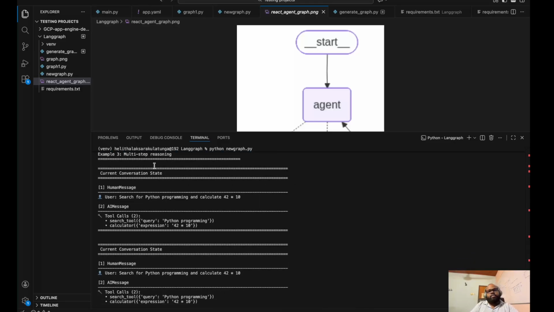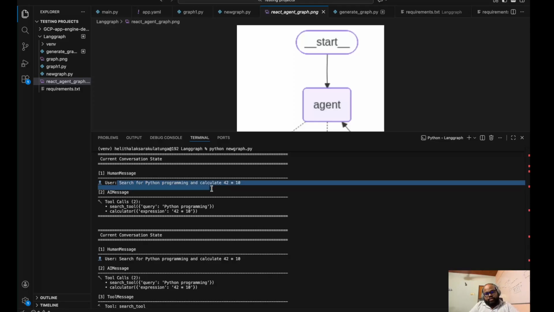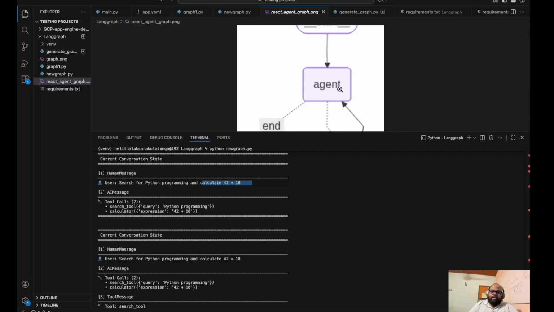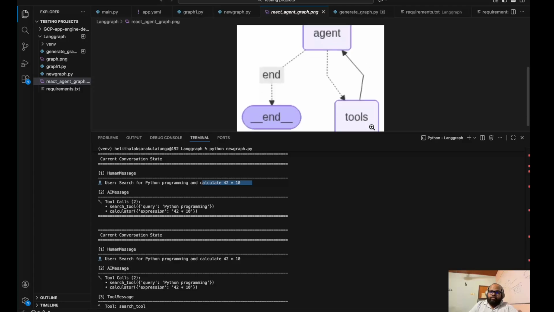Then again, if you have multi-step reasoning, the human is asking to search for Python programming and calculate 42 times 100. So here we have a search operation that is being done, and also an expression that needs to be calculated. So what happens first is it gets into this agent node. Here it is going to decide, all right, I need to do a tool call, I need to do some search operation as well as calculate an expression. So it understood that, and then it probably went to the tools node, and there it invoked the tools,